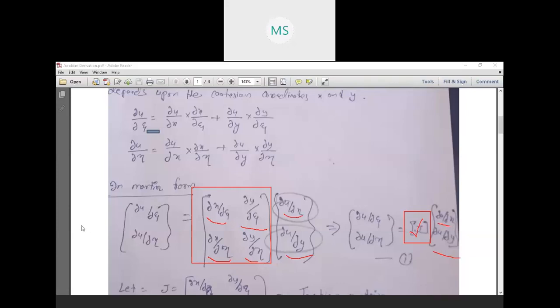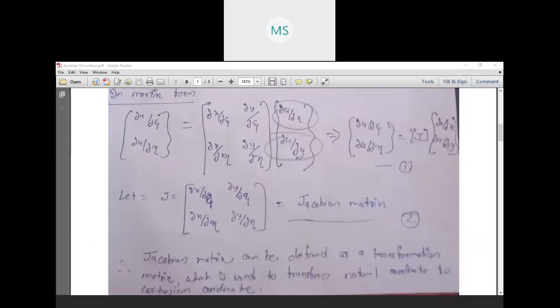If you see on my next page, now we have to find out the value of matrix J. So till here it is understood. What have we done? We have done the chain rule. When we applied the chain rule, we got the values of ∂u/∂ξ and ∂u/∂η. Then we took common factors and wrote that common factor in terms of a matrix. That matrix we have named the Jacobian matrix, and it stands like this: ∂x/∂ξ and ∂y/∂ξ, ∂x/∂η and ∂y/∂η, which is known as the Jacobian.